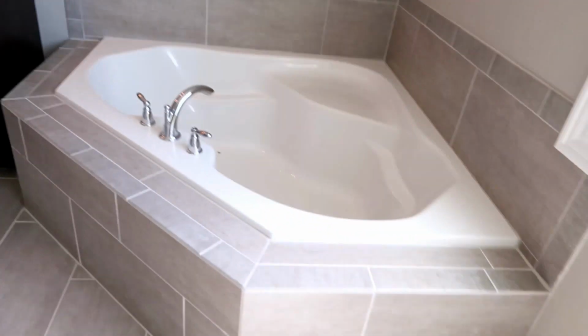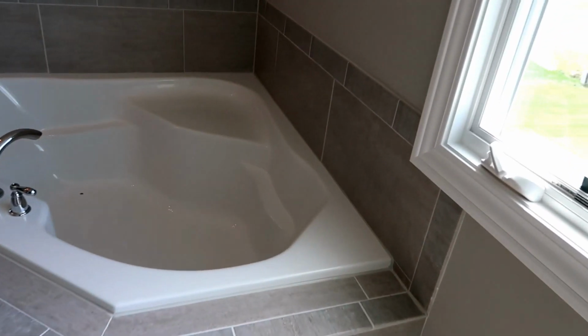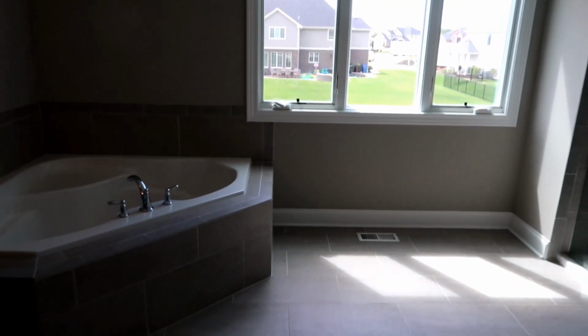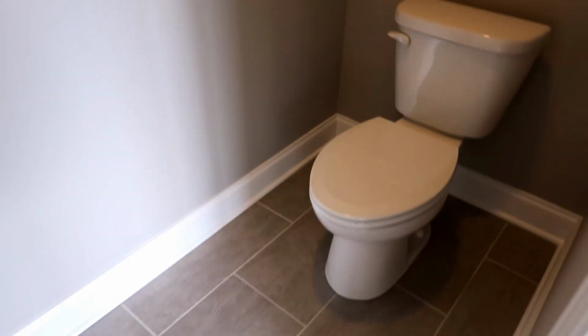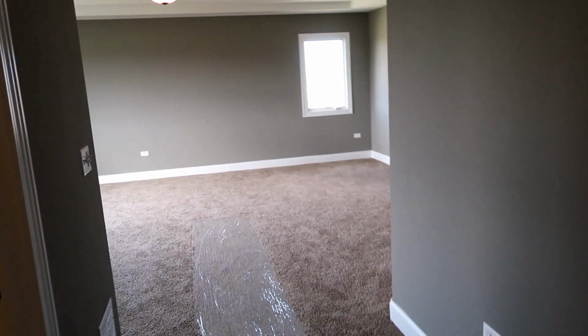Okay, and we have the sunken tub. And look at how much space is in this bathroom. And of course, over here we have our toilet. And if you go out, you're into the gigantic...